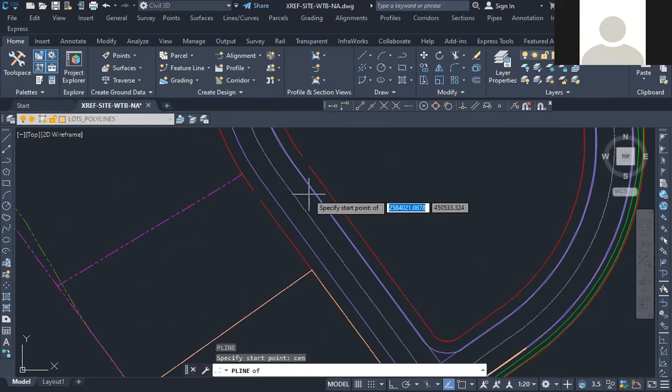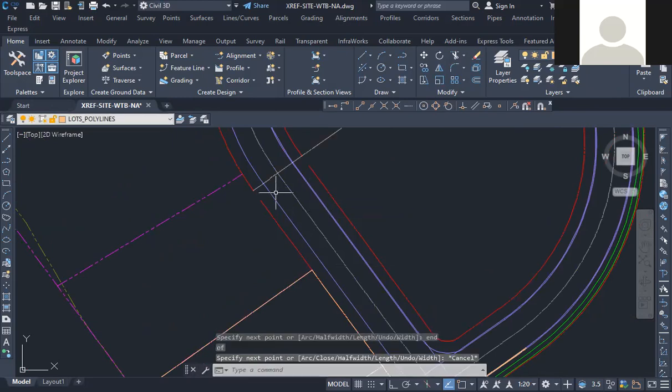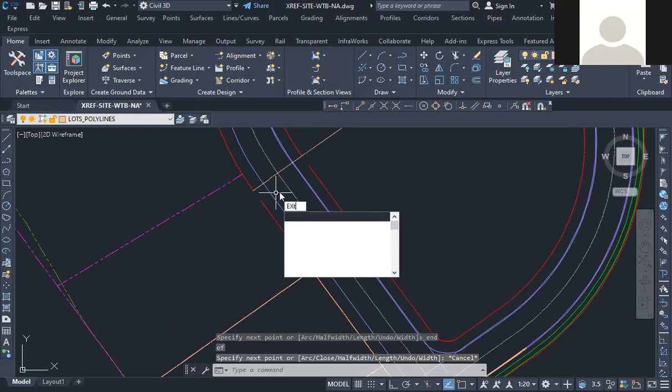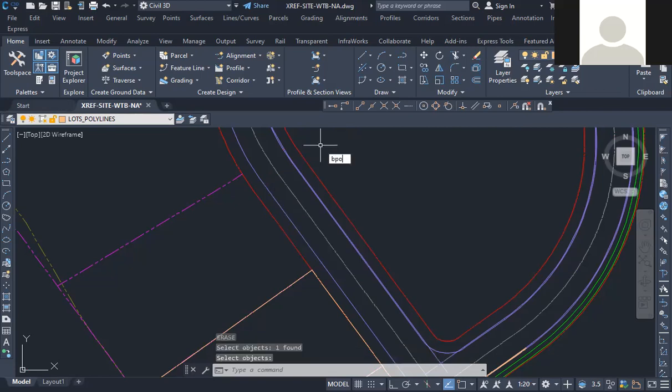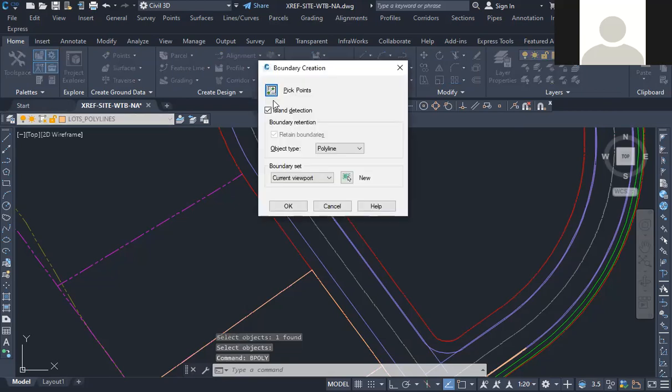So what I've got to do is I've got to extend those two lines. Now, if I go to B poly and pick a point,